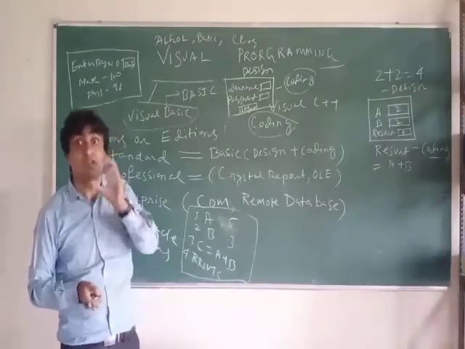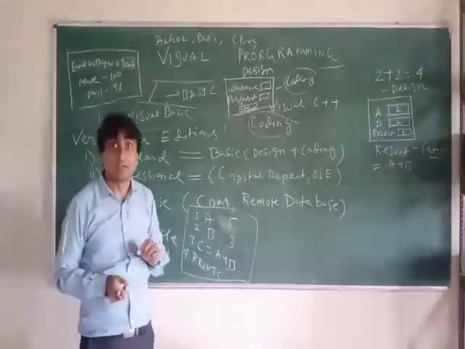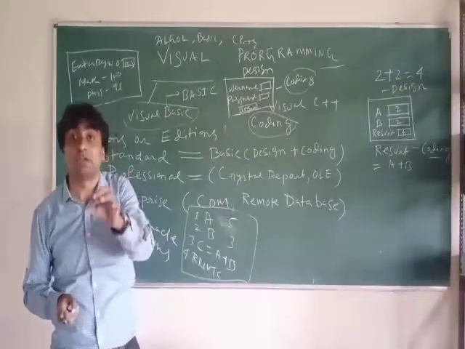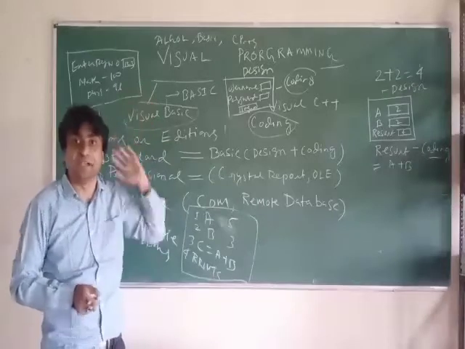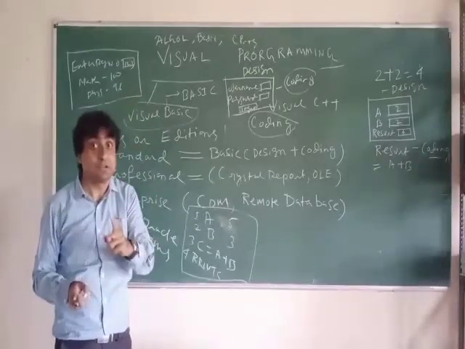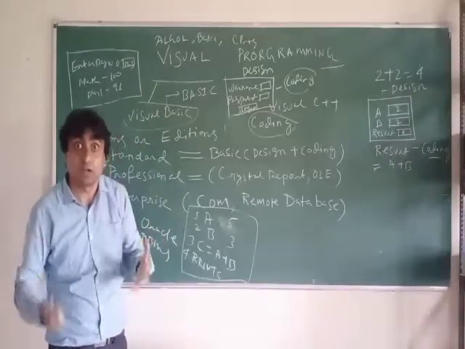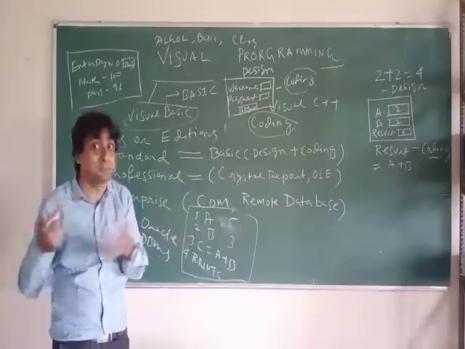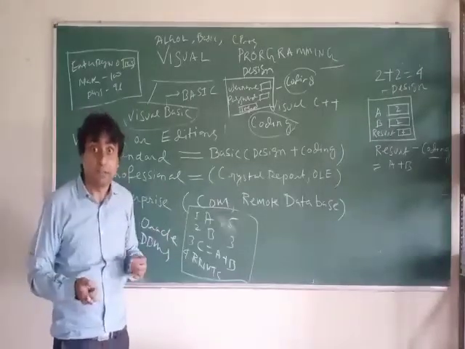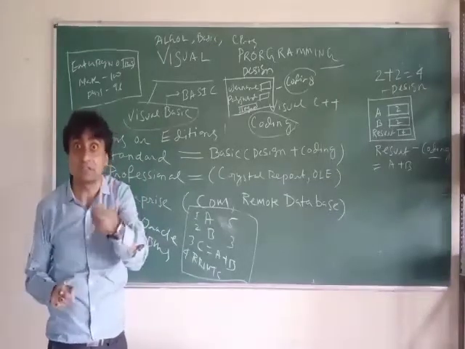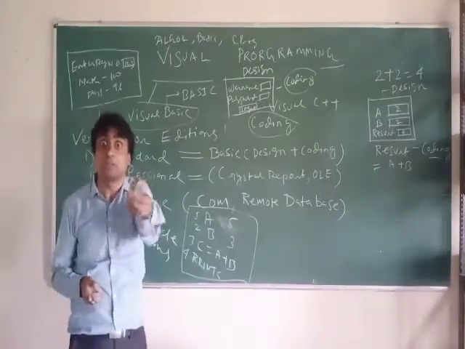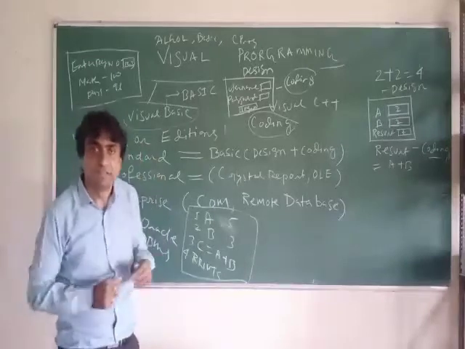But apart from that, what is new here? Visibility, that is GUI, graphical user interface. That means design. Why design? Because certain real life things we cannot do using C, C++, Unix. Why? Their design option is not there. Why is the design required? Otherwise it is not visible for us. Why is that visibility required? Otherwise we cannot proceed.